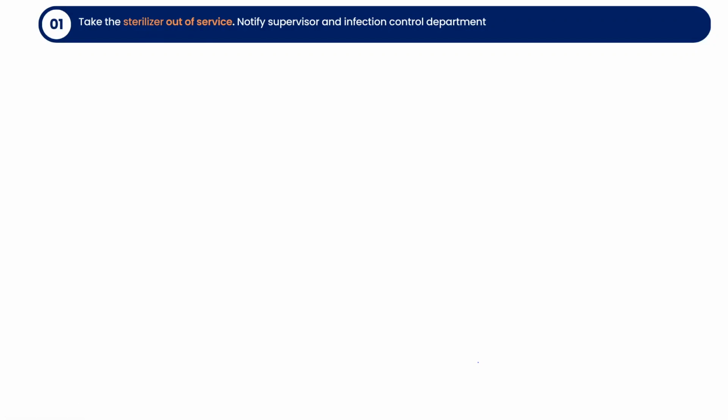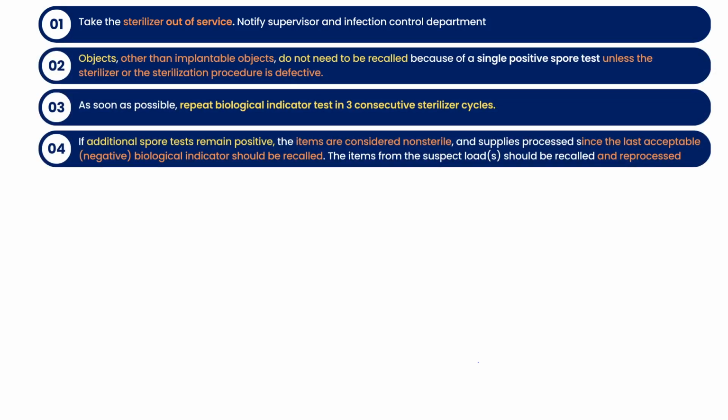First of all, take the sterilizer out of service. Notify your supervisor and infection control department. Now, for objects other than implants, you do not need to recall them because of a single positive spore test, unless your procedure is defective itself. So first of all, you should repeat this biological indicator test